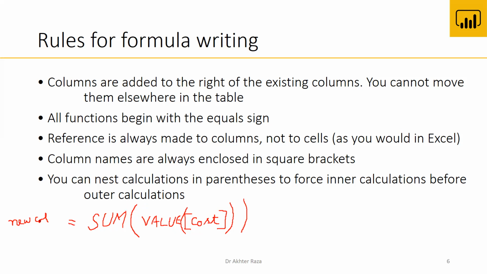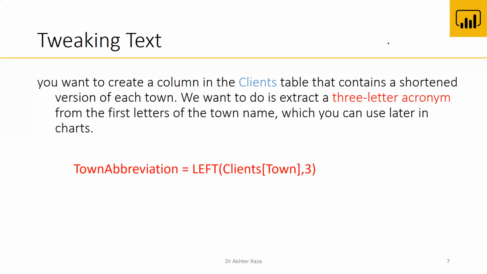So this is the way of writing a nested function in DAX. Next element is tweaking text. That means we have text data in a column, and we want to extract a few characters from that column or from that text. So we have a client column in the same data file or same table, and we want to